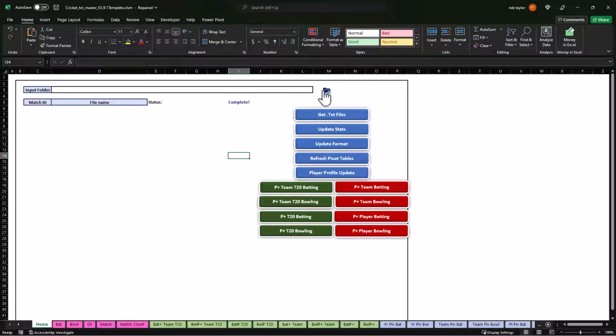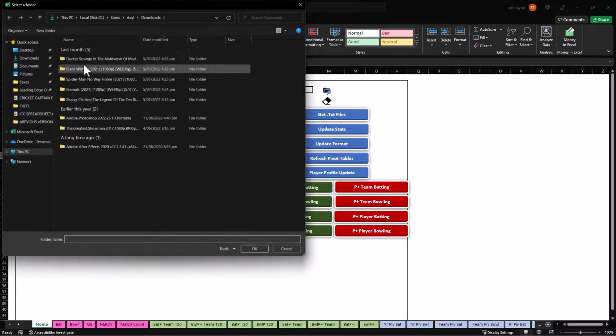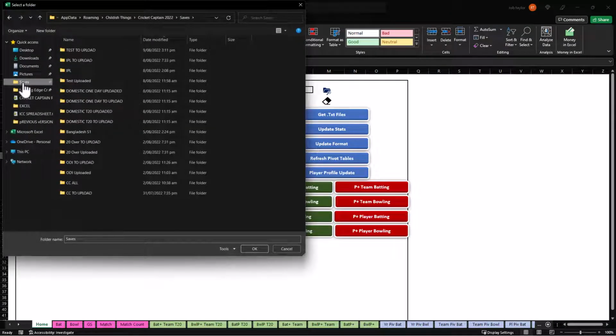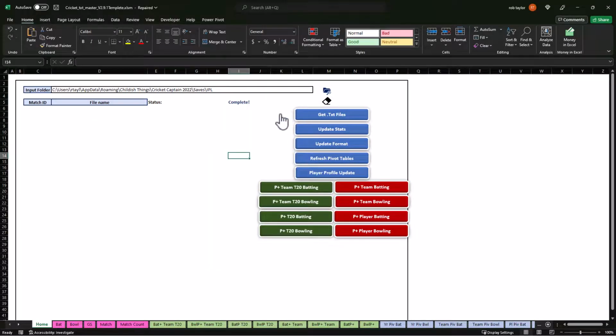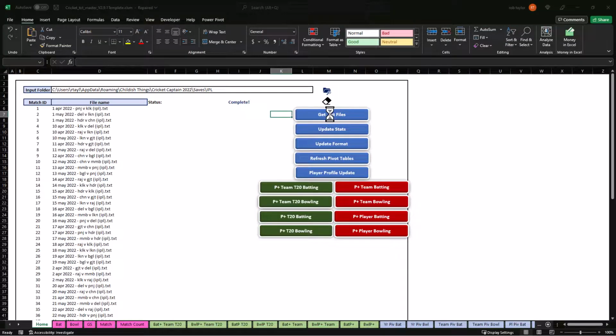So if you've got your folders ready, you've got your scorecards ready, click on this open button to the right of input folder, click on saves. Don't look at me downloading stuff illegally, and I'm going to click on IPL, and then this is not complex whatsoever. I build it in order. So you click on get text files, and within the space of about 5 seconds you've got 74 text files